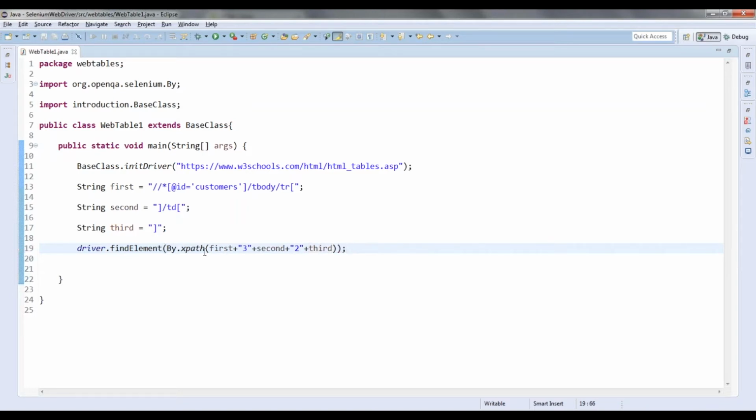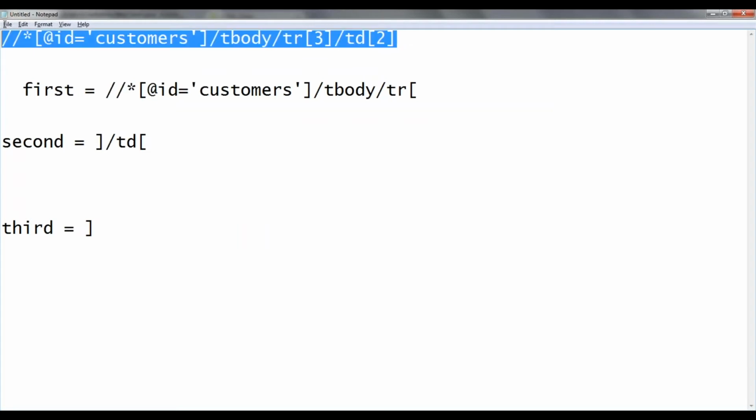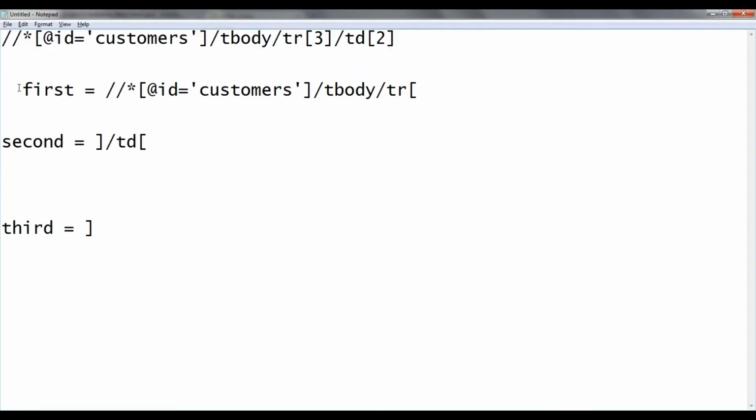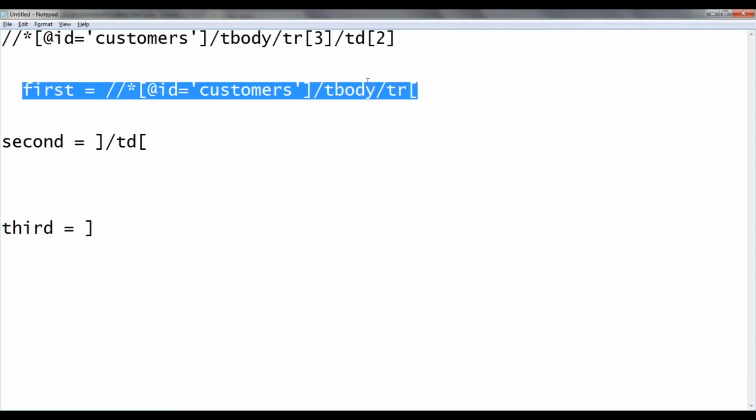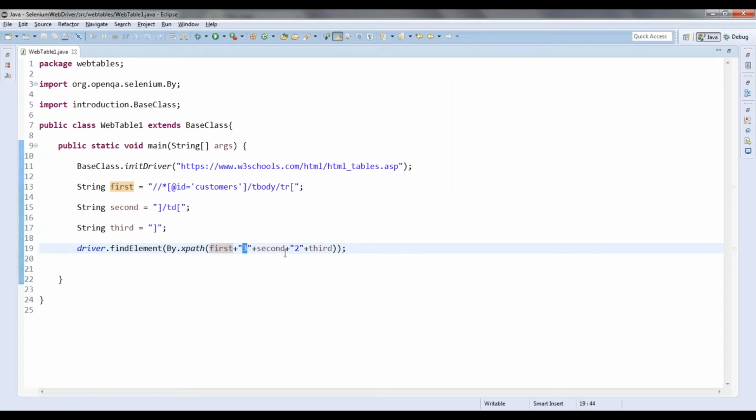What I did here, I did like this. Here I am passing 3, here I am passing 2. The only thing I did here is I have divided that into different sections and then I am passing the values here.